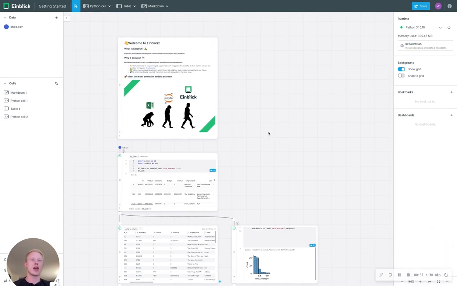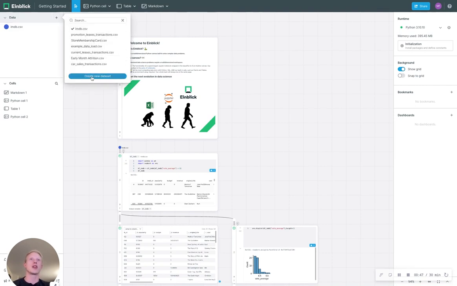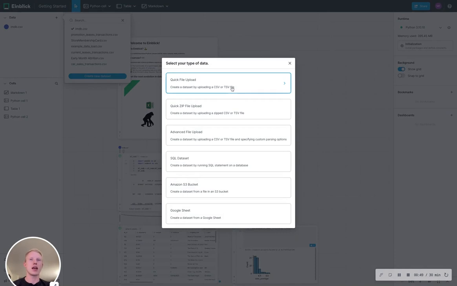From there, you might be wondering how you can connect to a data source. You can do so by going to the top left where it says data. I already have a quick CSV file uploaded, but you can click the plus sign, click create new data set, and upload any type of tabular data. If you're utilizing the free tier of Einblick, I'd recommend you keep your files below 250 megabytes, but you can